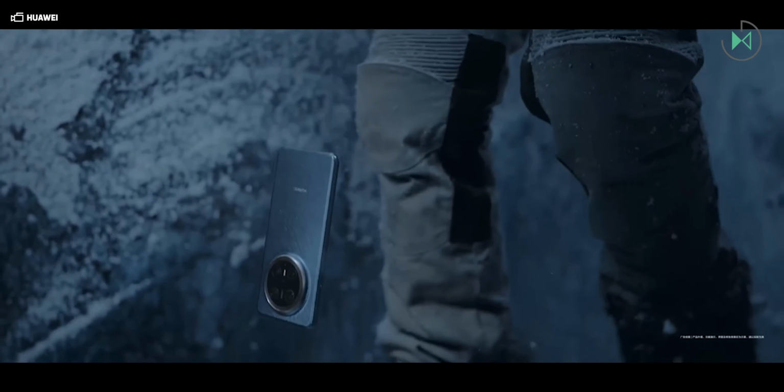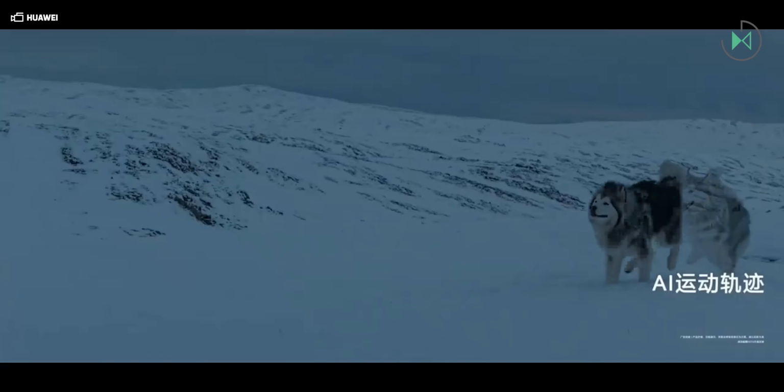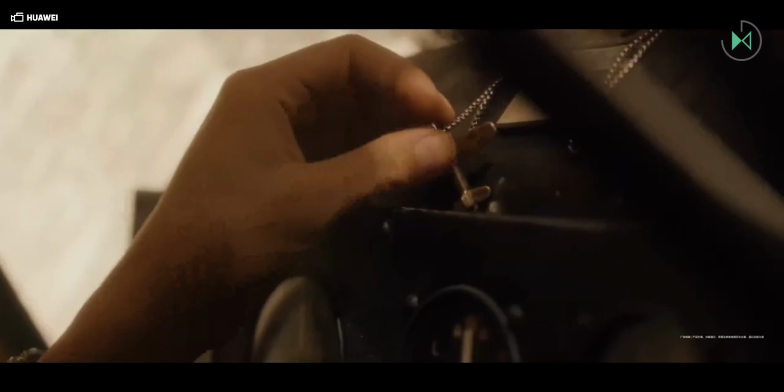The screen of the base model is 6.7 inches, while the other members of the series have a larger screen of 6.9 inches. In both cases, we are talking about an OLED panel with full HD plus resolution, in all models with a variable refresh rate from 1 to 120 Hz. This speaks very well of Huawei because even the simplest model of the entire series puts in a screen of excellent quality. We will also find stereo sound, and regarding the operating system, remember that these devices have been presented